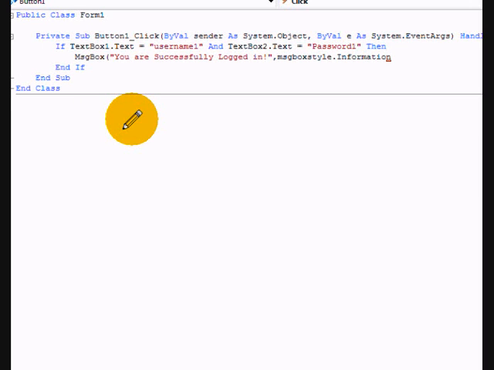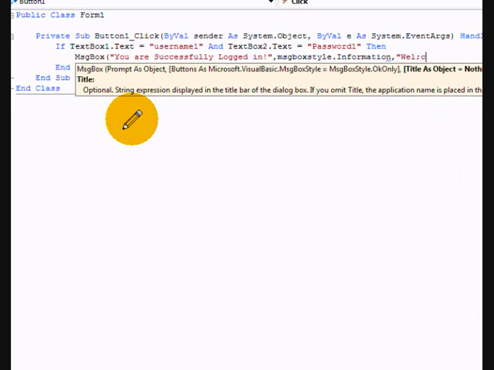Okay, so once you've done that, press enter and then type in else